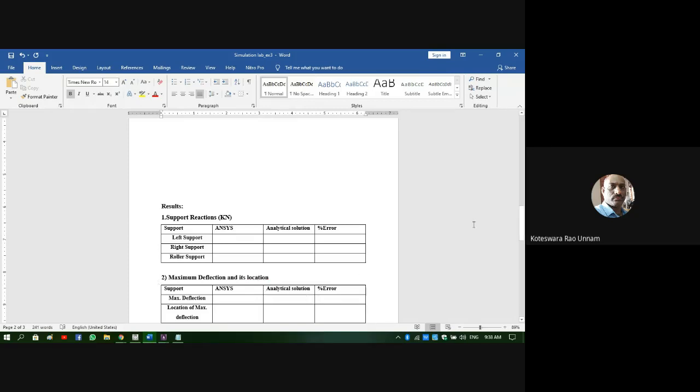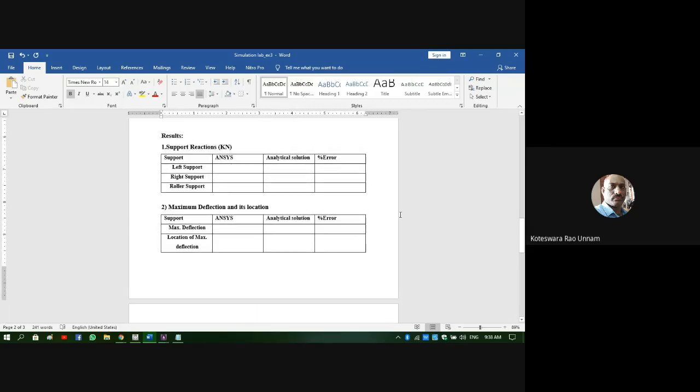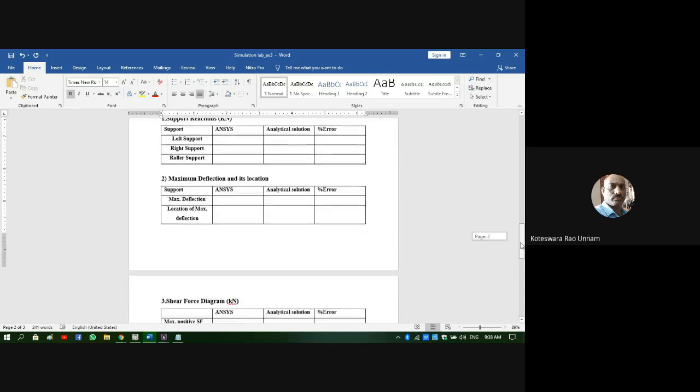Then you need to identify the maximum deflection and its location: at what location the maximum deflection occurs, and what is the magnitude of that maximum deflection. If you want, you can compute the analytical solution and find the percentage difference. If you are not able to do that, just leave it blank.